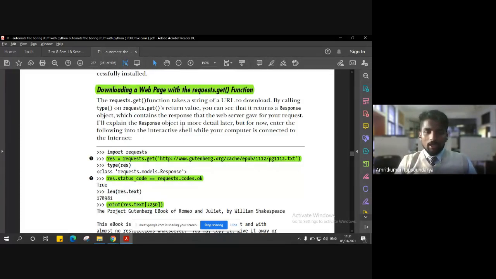Let's say I may have to create a new text file for that, so that whatever data is copied from the content will be stored in the new file, right? So let's say I create a text document called res, and whatever content I copy using the requests module here will be stored in this text document called res.